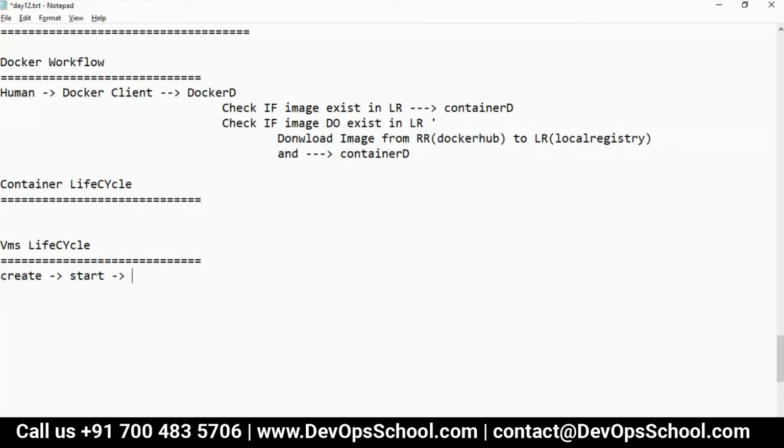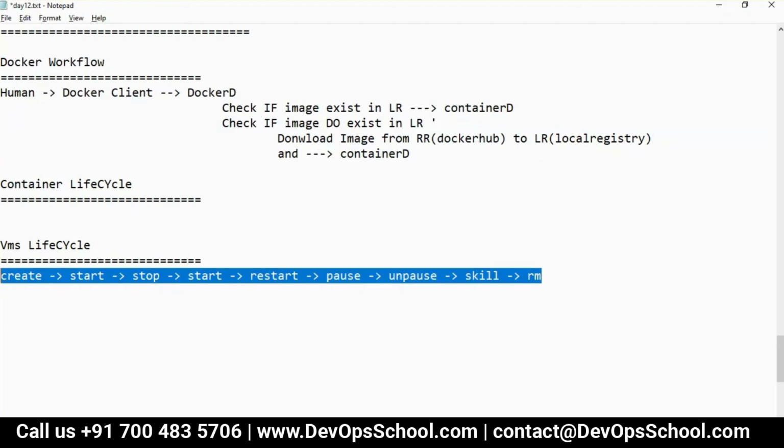Once you start the VM, you can also stop the VM, and you can start it again. If the VM is already running, you can also restart it. If the VM is started, you can pause the VM, and if it is paused, you can unpause it. If it is paused and you want to brutally kill it, kill the VM, and you can remove it. This is the life cycle of the VM.